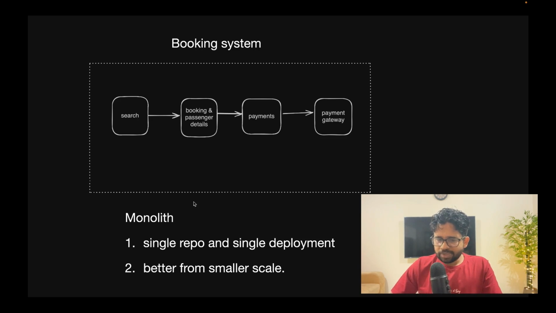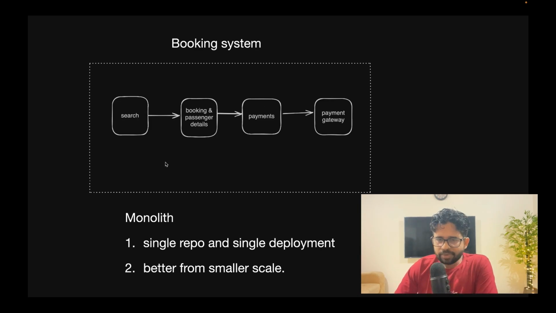The problem with this was that the moment you change one thing here, you have to test everything, including payments, including booking, etc. Right? The search feature might not be as critical, or let's say a promo code or marketing feature might not be as critical compared to payments. But if you are getting an out of memory error elsewhere, it can impact payments as well. So let's say you get an out of memory error in a marketing campaign where you are trying to send a marketing notification to the customer. It can impact the payment. So the critical and non-critical flows were being merged together.